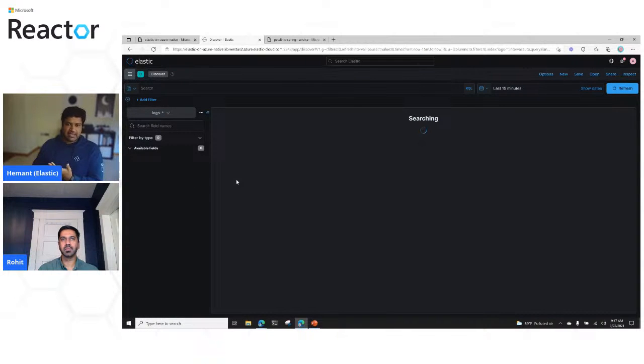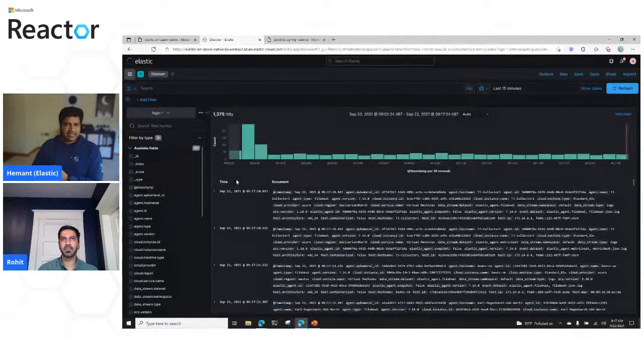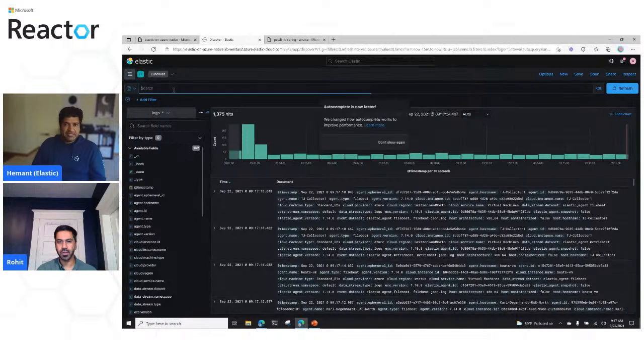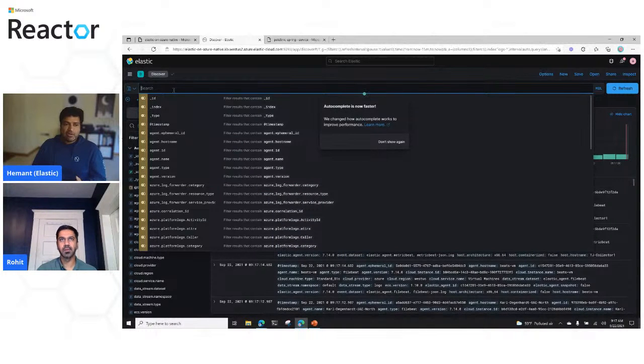This is an application within Kibana where I can take a look at all these log sources that have been flowing in from Azure platform using the native integration. This is where I can start, either put that metaphorical search box onto all these logs. And as soon as I click on the search box, you can see that Kibana is helping me formulate my query that will help me slice and dice these logs that are coming in.